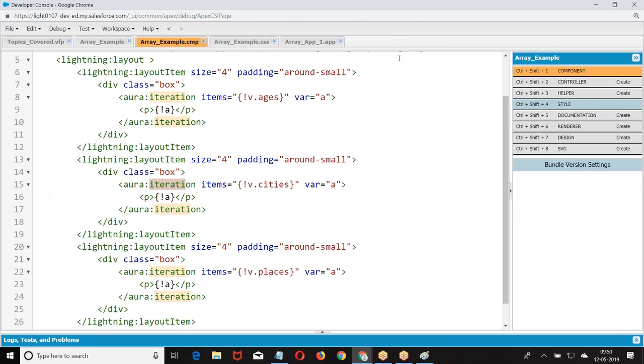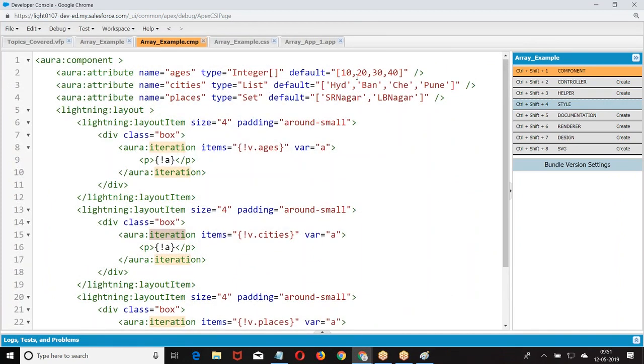Satish, if you look at the array example component on the top, can we scroll up? Line 1. Yes. So you are directly mentioning list cities, and we are not mentioning which type of list it is, like list of string, or the default value. Yes, Satish. But in case you don't mention the default value, I can assign this value from the JavaScript, or I have to take it as a default value.